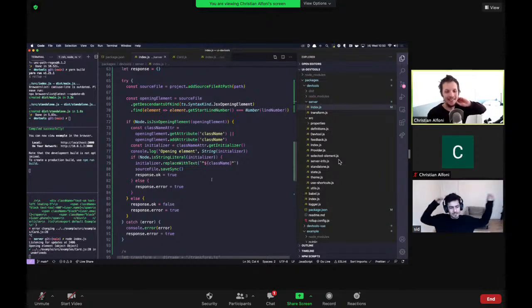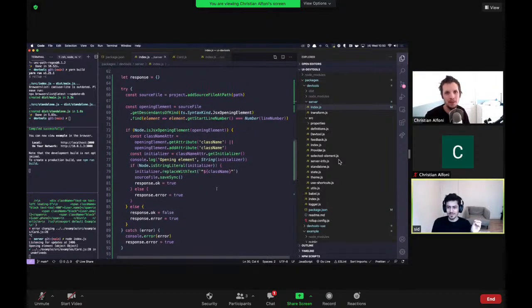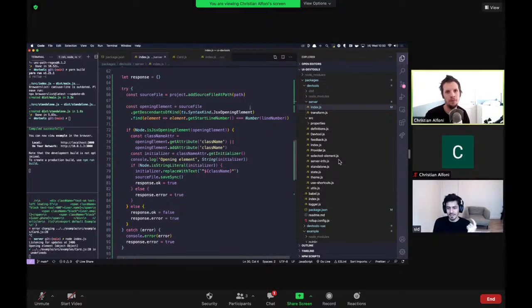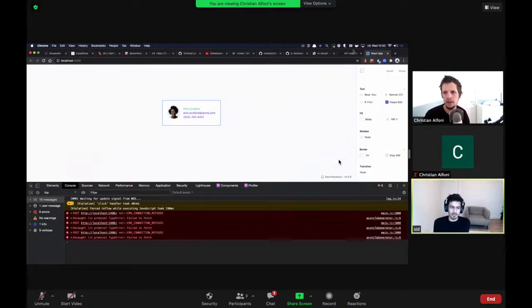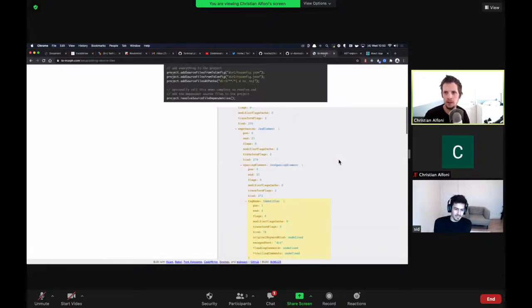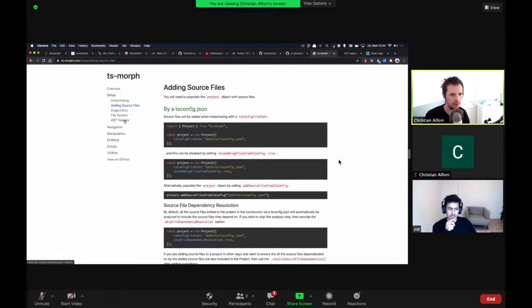Yeah. Because this is based on TypeScript, is it possible to get the potential types? Because now we're still in AST land, so we're looking at what props it already has. Is it also possible to get what props it could have, maybe from the type definition? Yeah, I haven't played with that, but